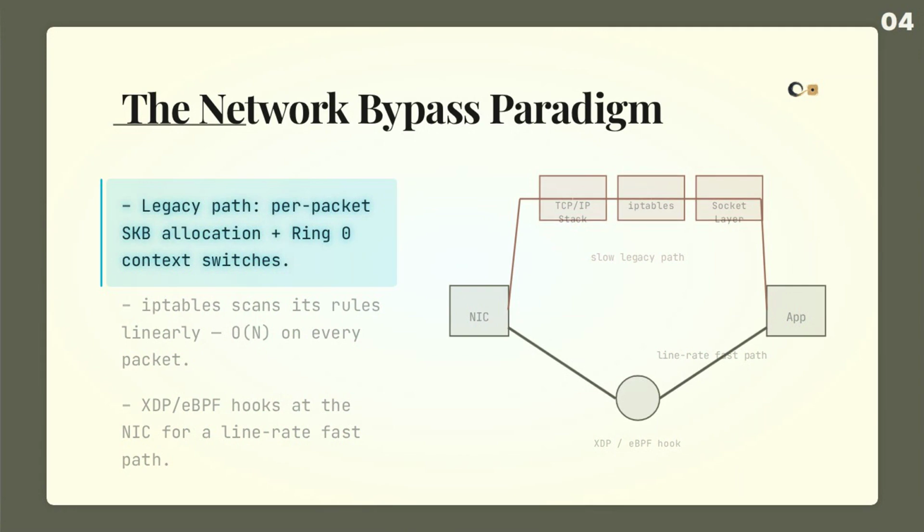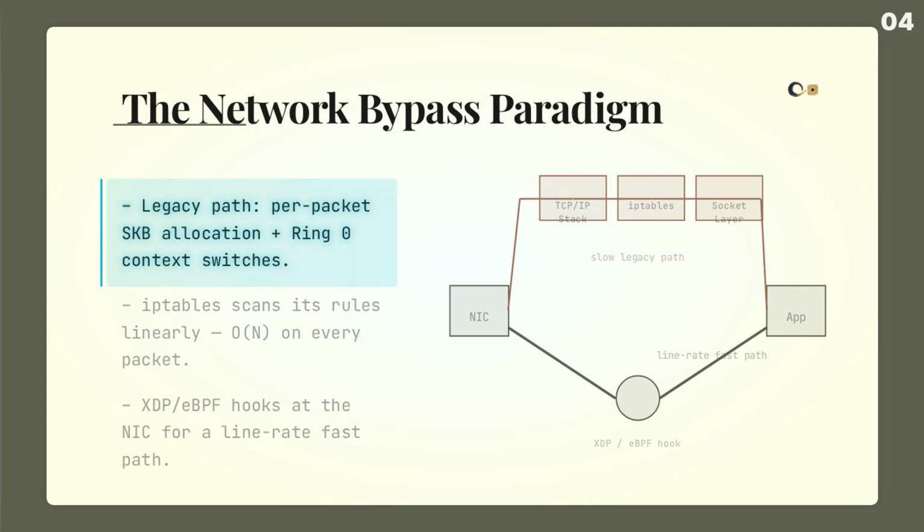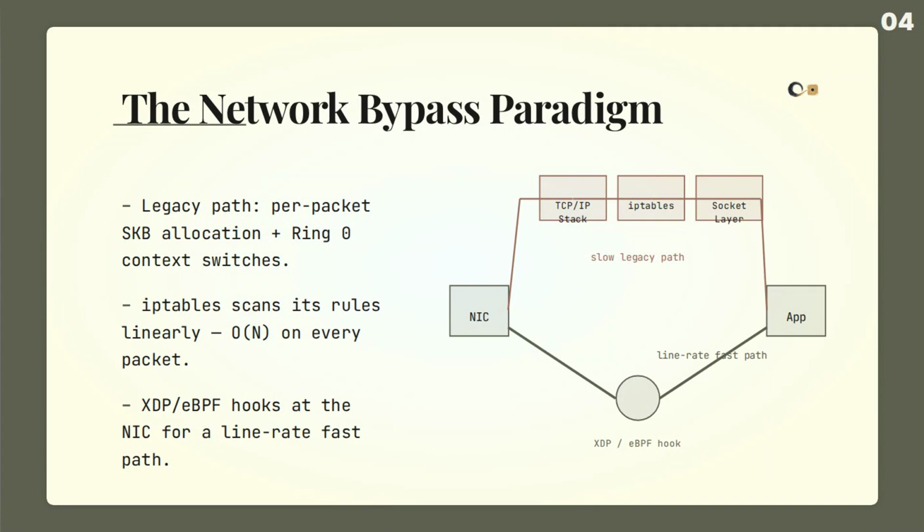To understand why, we must look at the legacy TCP/IP bottlenecks. In a traditional path, every inbound packet triggers an interrupt, forcing a context switch. The kernel allocates a massive metadata structure known as an sk_buff, or SKB, in ring 0. Allocating and deallocating SKB metadata, copying packet payloads across the user-kernel boundary, and evaluating linear iptables rules sequentially creates massive CPU overhead